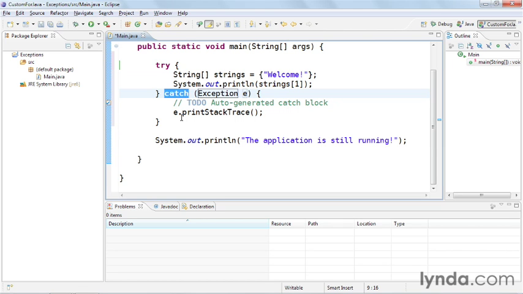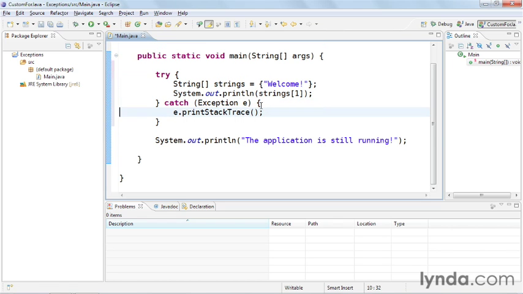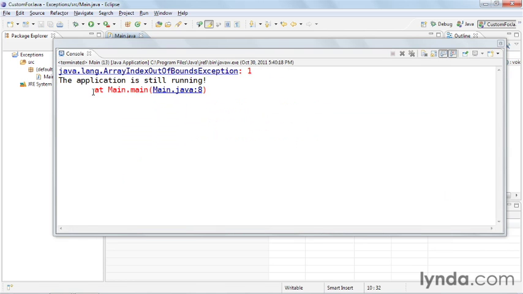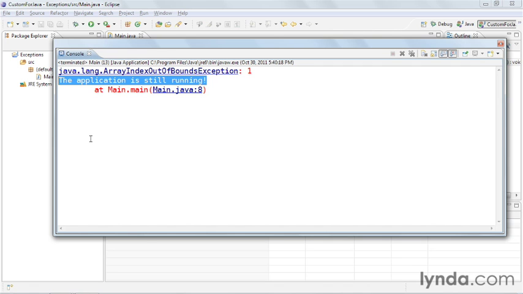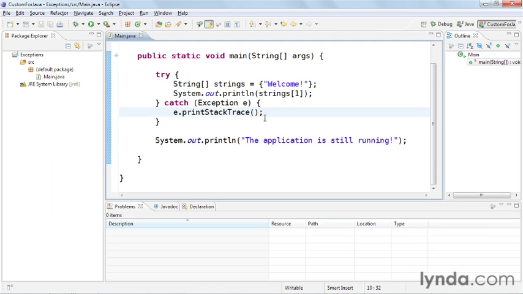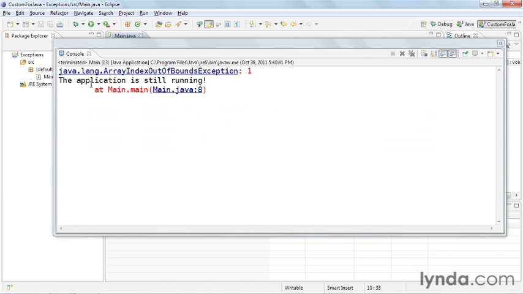If your code execution gets into the catch block, that will clear the error, and your application will continue running. I'm just going to get rid of the to-do comment and save my changes, and then I'll run the application again, and I still see that there is an error, but then I get this extra little bit of code. The application is still running, and so I know that my try-catch block has handled the exception. Within the catch block right now, I'm executing a method of the Exception class called printStackTrace, and that's why in the console you're seeing this output,